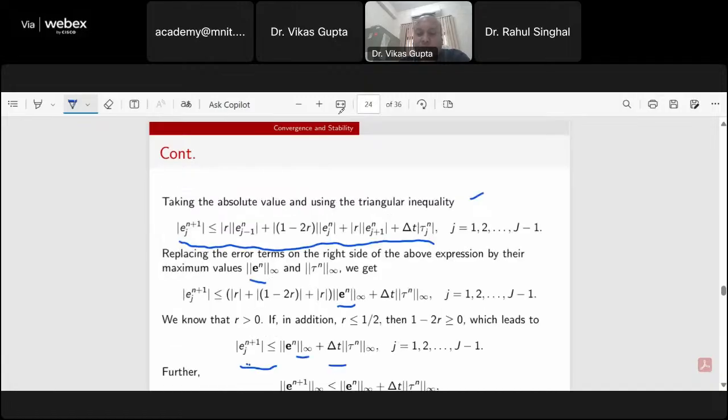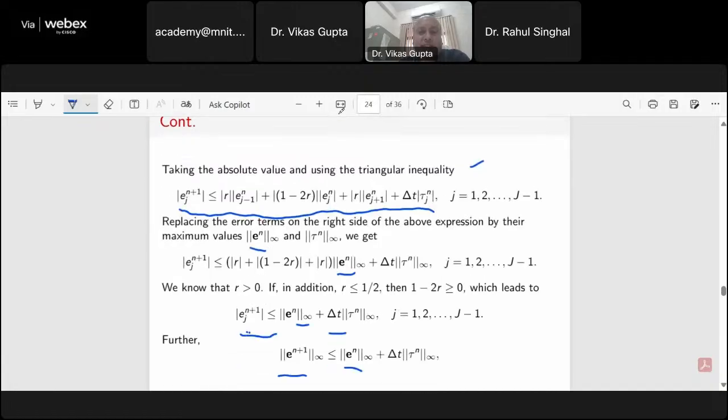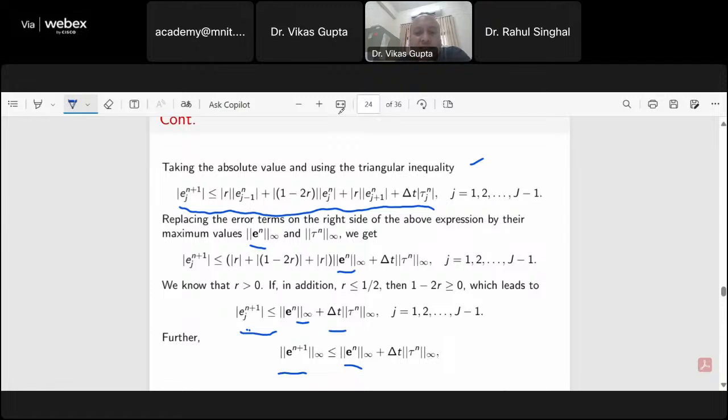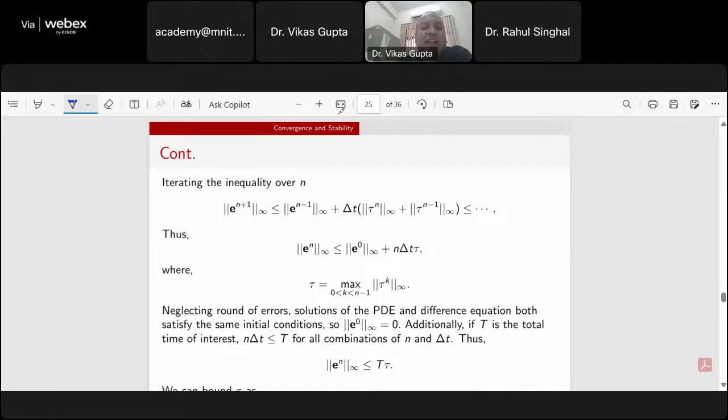Now iterating, so thus we are having this relationship. So further, norm En infinity, you can say that it will be according to this relationship. Norm En infinity will be less than or equal to norm of En minus 1 infinity plus delta t norm of tau to the power n minus 1 infinity. So you can further iterate norm of En minus 1 infinity, and continuing in this way, we are getting that kind of relationship. Iterating this inequality over n,